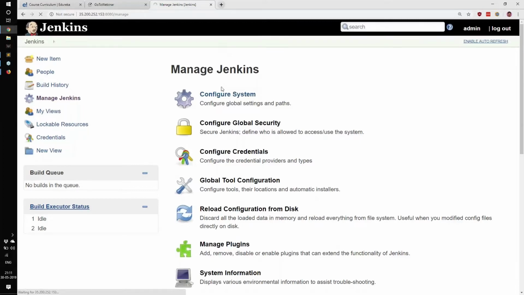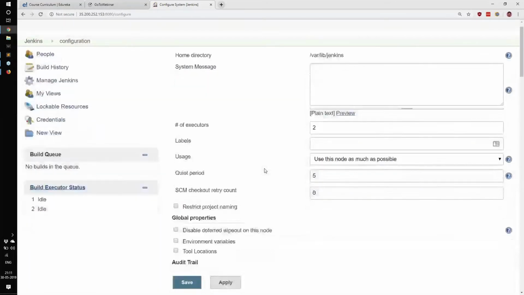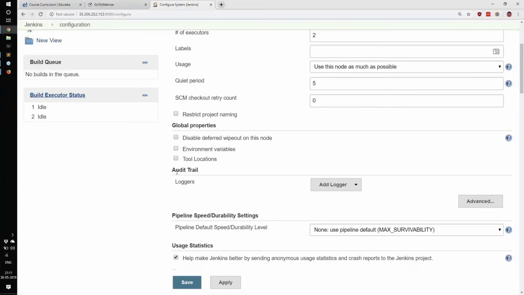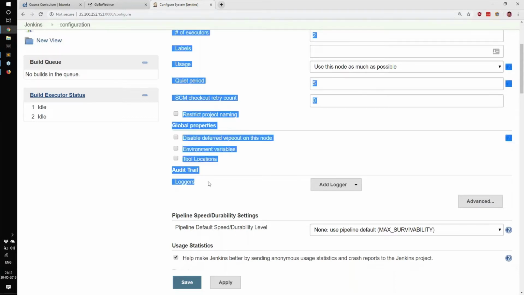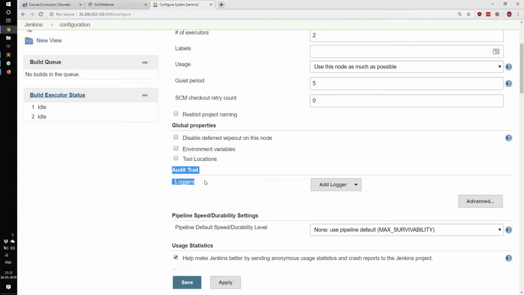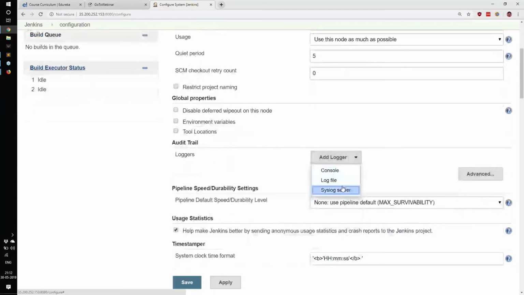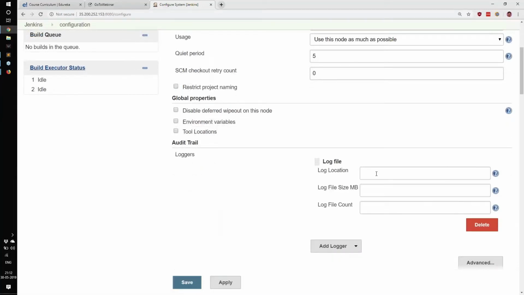Right, so in Configure System, you see I have this option called Audit Trail. This would not have been there before. It's there right now because I installed the plugin. If I did not, then you would not have this option at all. So I have this option now because the plugin is installed, and now I have an option to actually create a logging mechanism. So I can click on Add Logger and let's say Log file